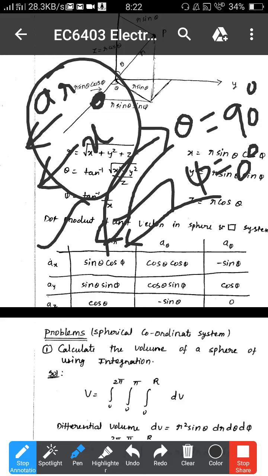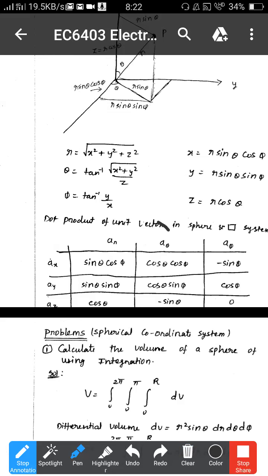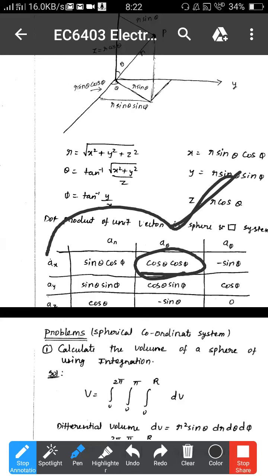So what I am telling you is, choose a vector. Suppose I am going to compare this one: you choose theta and phi in such a way that you are getting 1, and then you imagine what vector you are getting. In this case you have to concentrate on theta. You choose a point in such a way that this gives 1, then you draw the a theta and compare it with the ax, whether it is giving you 1 or not.